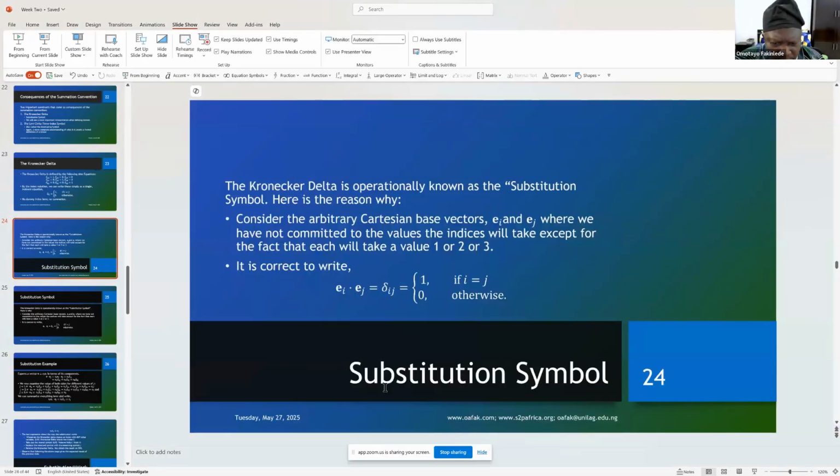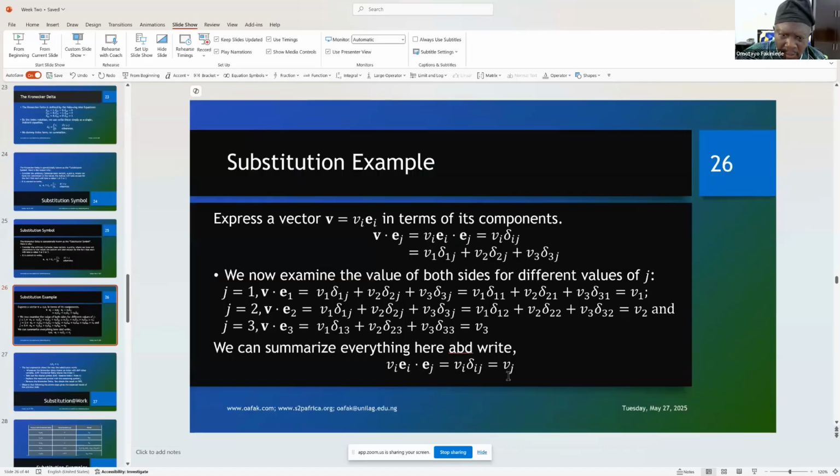Okay, I'm not able to see the chat room, but I will take a look at it during the break time. Okay, so